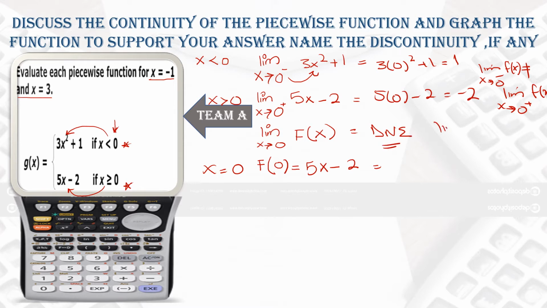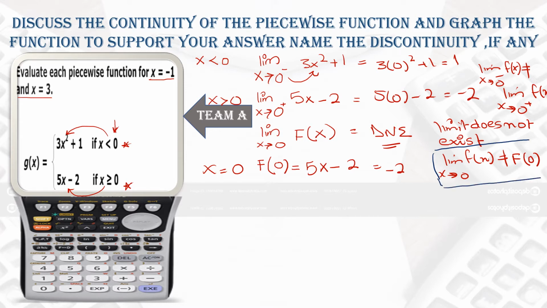Now of course, if the limit does not exist, it means that it is not equal to the function itself, which is -2. So you can also conclude that the limit as x approaches 0 from both sides is not equal to f of 0. These equations you must write, because without writing the reasons, the continuity cannot be discussed completely. It means you should tell us whether the limit and the function are equal or not equal to each other.